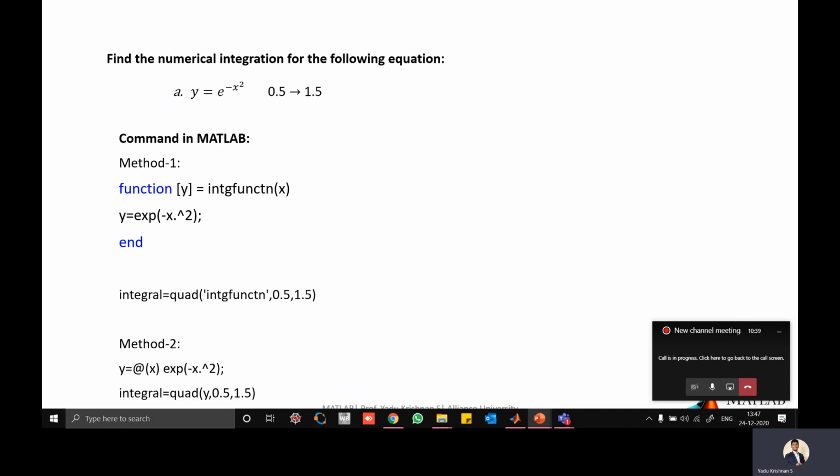Either you can just create a function and use that function, or you can use an anonymous function also. The first method we'll see, method 1. This is your function. For method 1, I'm just introducing a function of y equal to